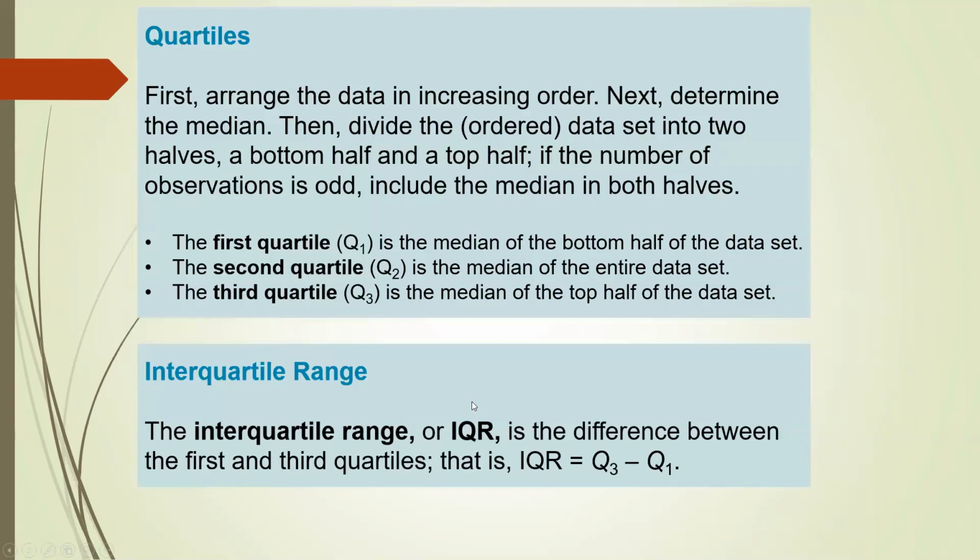For a data set, the first thing you're going to do is arrange it in increasing order, so ascending order. A data set has 3 quartiles. We have what's called the first quartile, which we're going to call Q1. We have the second quartile, which we're going to call Q2. And we have the third quartile, which we're going to call Q3. The way we're going to do this by hand, when you see me do this in a second, is you find the second quartile first. So always find